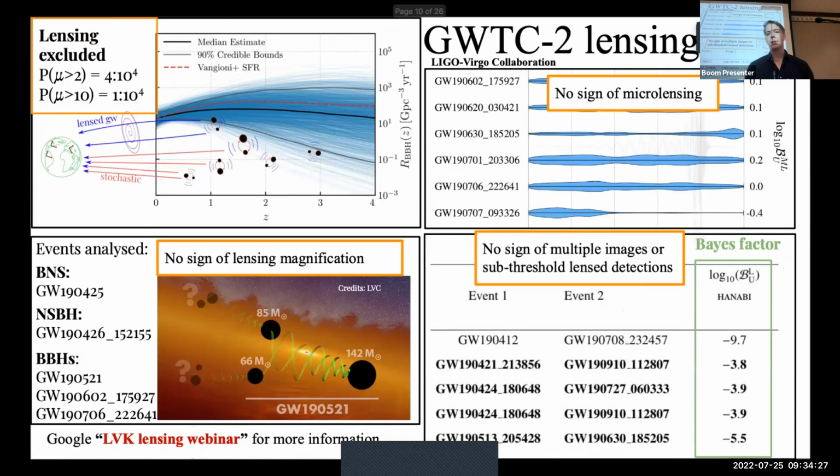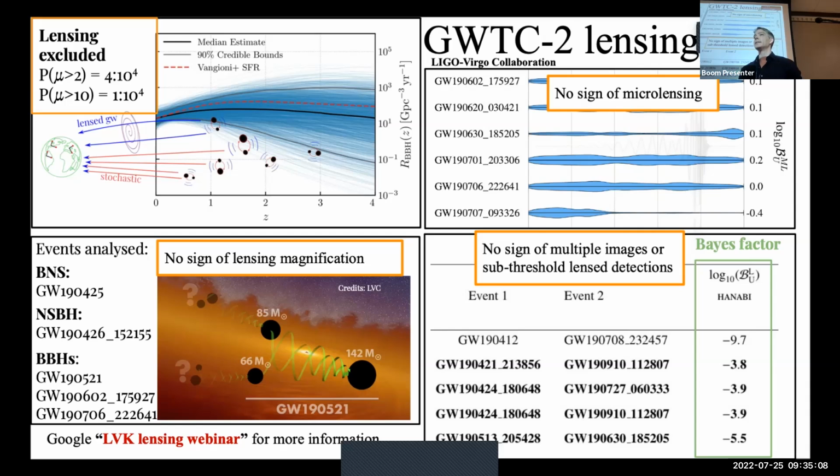So since 2019, there's been a lot of push for these gravitational wave searches also at the collaboration level. So last year, we put out a paper with the LVK collaboration to look into signatures of gravitational wave lensing in the GWTC-2, so the latest gravitational wave observing runs 1, 2, and 3. And we did much of the same analysis. So we looked for signatures of microlensing, for magnification, and also multiple images. Ultimately, we concluded that there is no compelling evidence as of yet of signatures of gravitational wave lensing in the